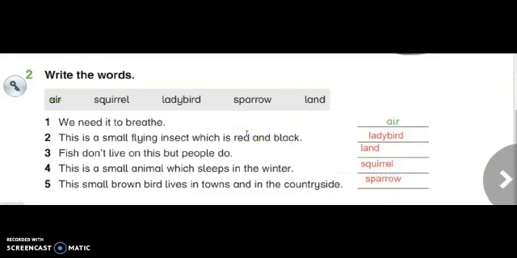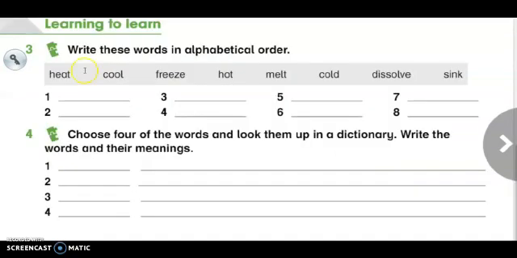Now my students move to the next activity. Exercise number 3. Write these words in alphabet order. سوف نقوم بترتيب هذه الكلمات أبجديا حسب الحروف. And in this activity you have to pay attention with the first letter for each word. Here we have H, heat, cool, freeze, F,